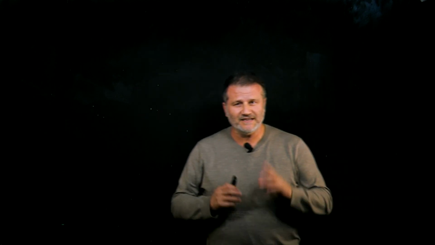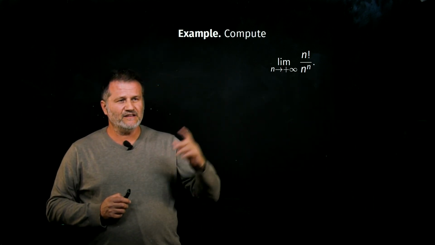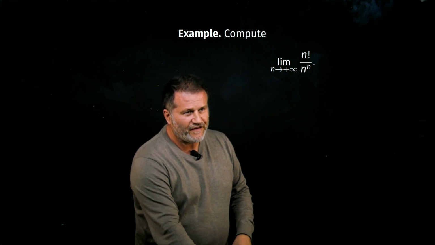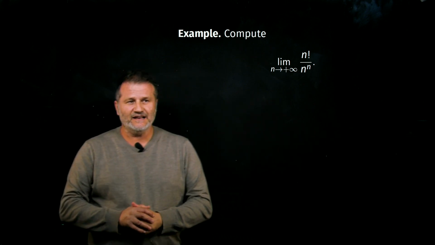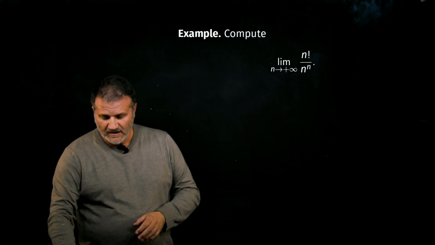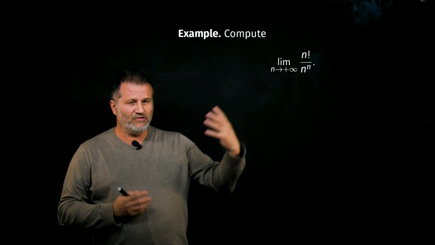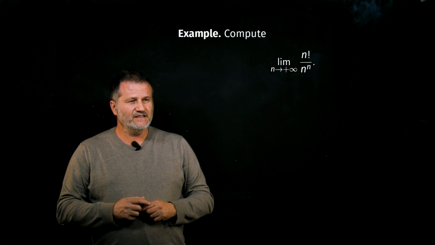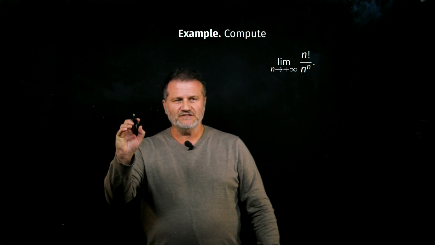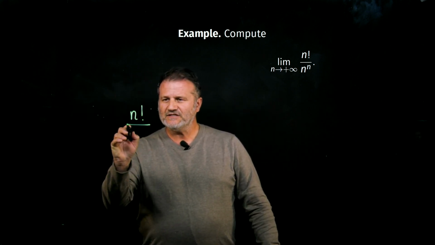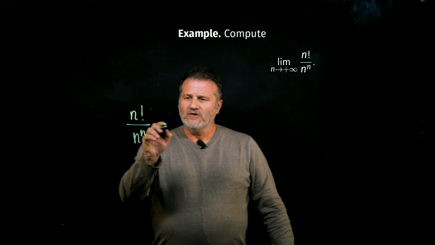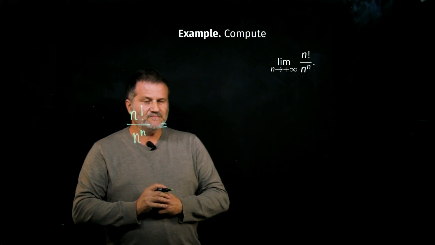Now, let's see a second example. Here we have the limit for n going to plus infinity of n factorial divided by n to the power n. We may see easily that these two quantities are both big when n goes to infinity, but when we take the fraction, in particular n factorial over n to the n, we cannot just simplify easily, but we can say that